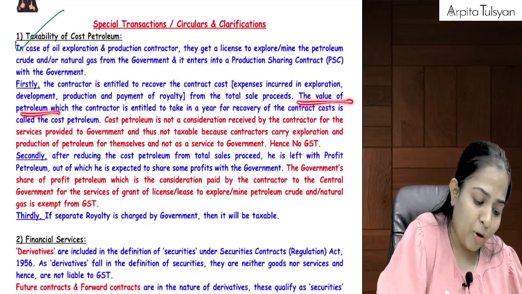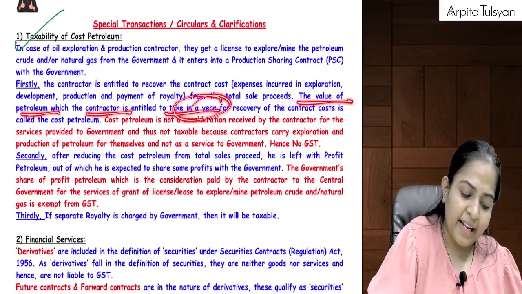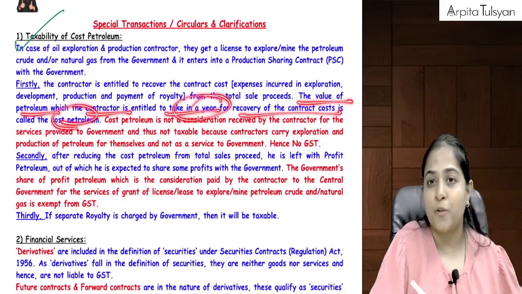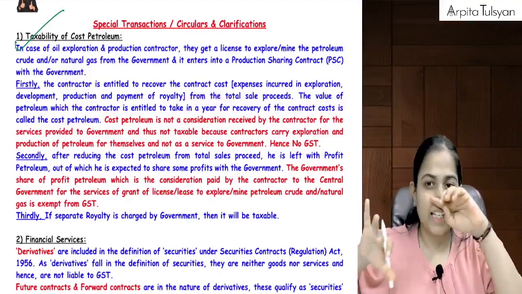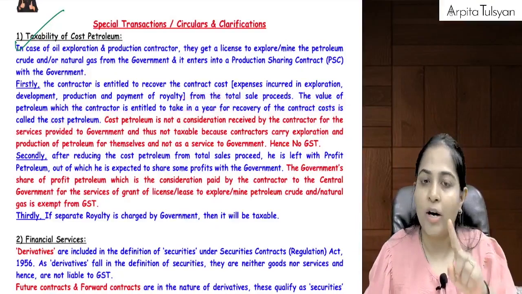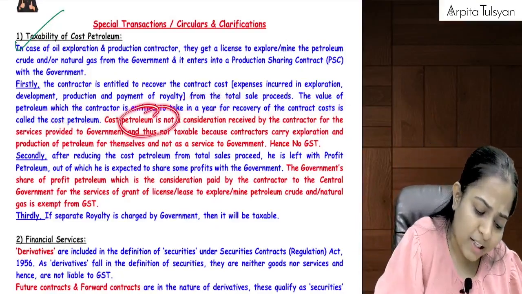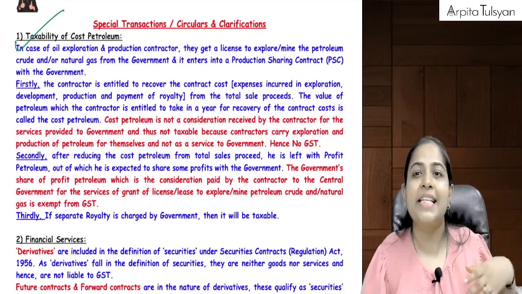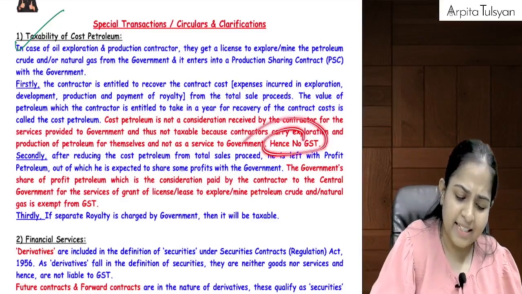The value of petroleum which the contractor is entitled to take in a year for recovery is called cost petroleum. It means whatever output he was keeping aside for meeting the cost is called cost petroleum, and it is not a consideration. It's not that we have received it from someone, hence no GST can be applicable